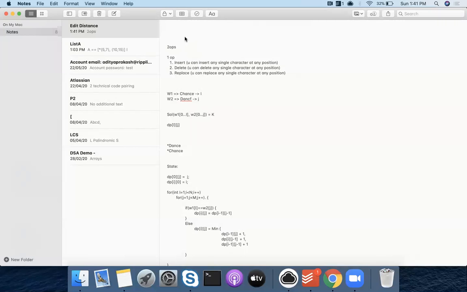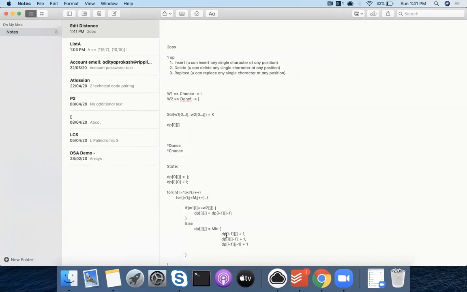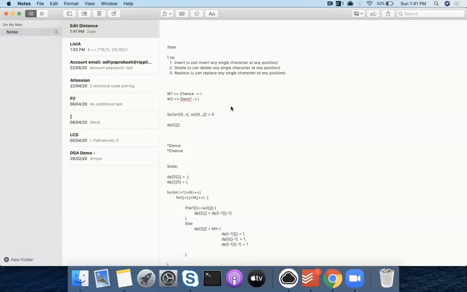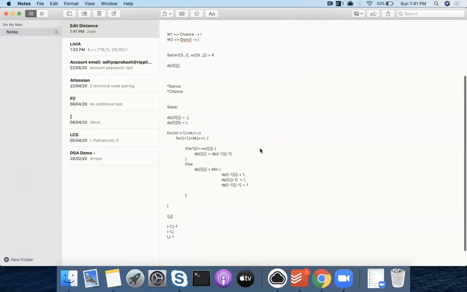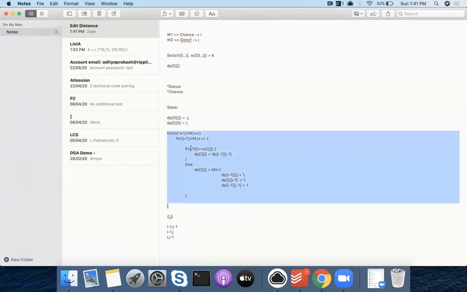What would be the recursive way to solve this? Usually how I approach DP is by first doing it recursively and then using memoization. So you have written the state, you can solve it recursively. There should not be any problem. You can solve either way, right? Iterative or recursive. Instead of calling DP as an array, you will call DP as a function, and that will make your code recursive, right? Okay, yeah.